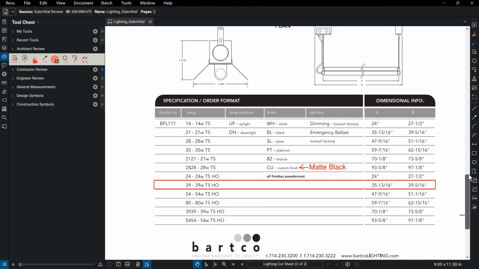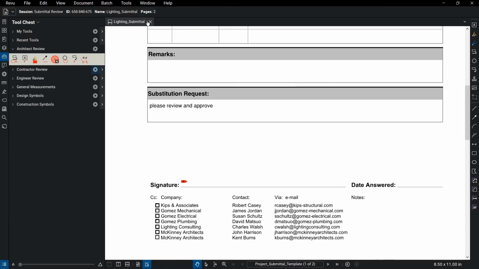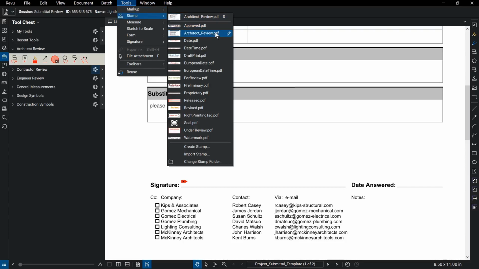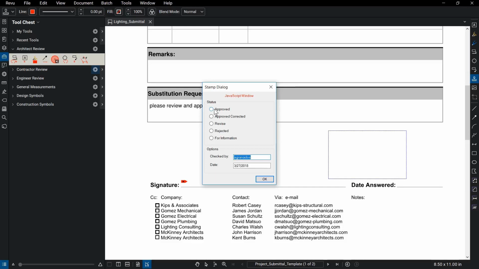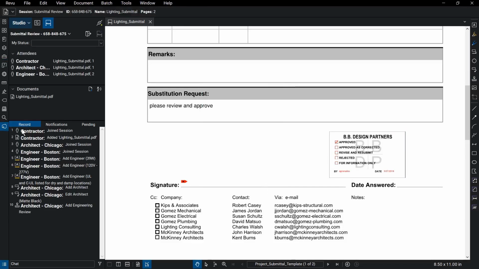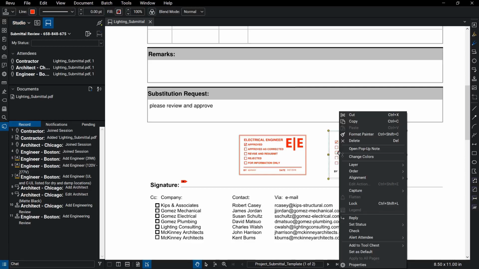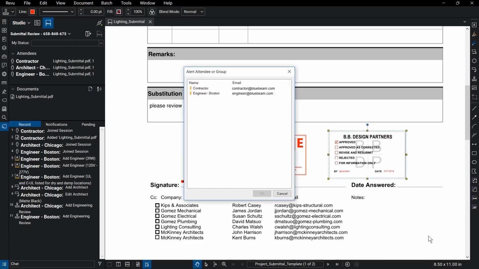After reviewing, the design team places their respective approval stamps on the submittal. Stamps can easily be created and shared with colleagues to establish standardized practices within an organization. To notify the contractor that the architect is complete, he can right-click his stamp and select Alert Attendee from the list. That action will send the contractor an email with an image of the stamp and a link to rejoin